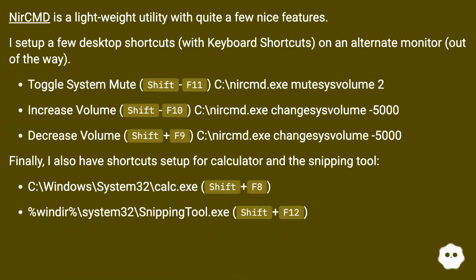NirCmd is a lightweight utility with quite a few nice features. I set up a few desktop shortcuts, with keyboard shortcuts, on an alternate monitor, out of the way. Toggle system mute, Shift F11, C:\nircmd.exe mute sysvolume 2. Increase volume, Shift F10,